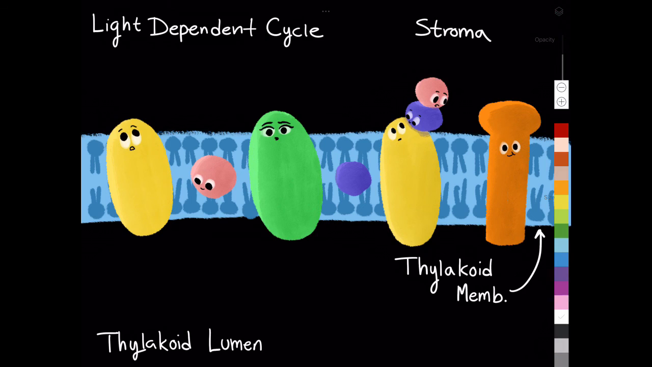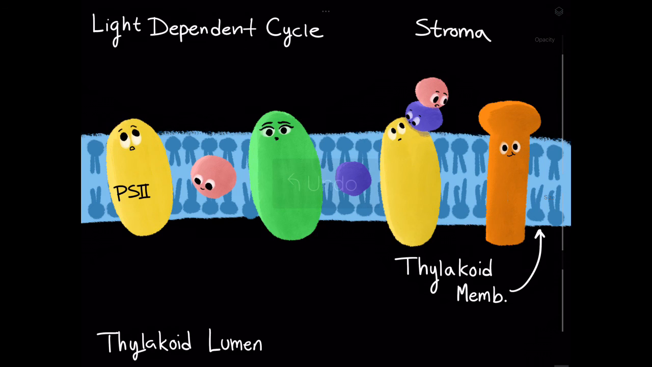And that's going to be important because the light-dependent cycle is a lot like the electron transport chain. So these proteins are going to be used to establish that proton gradient. And the first protein is photosystem 2, which is followed by plastoquinone, which we've abbreviated PQ. And after PQ comes cytochrome B6F. And B6F is going to be followed by this little guy I forgot to put a face on,